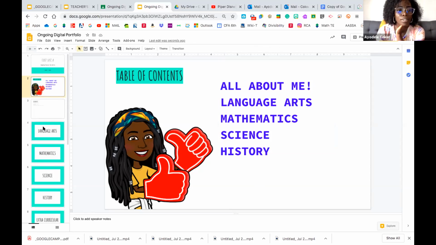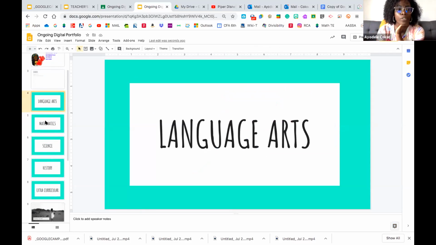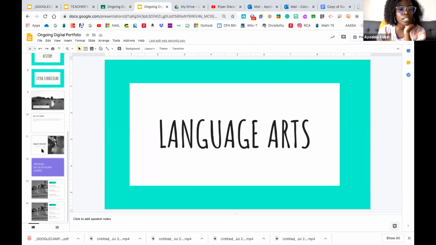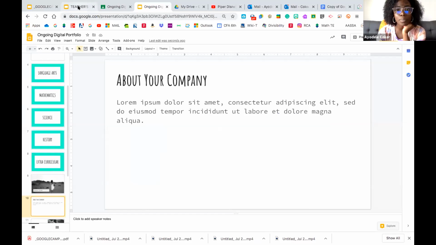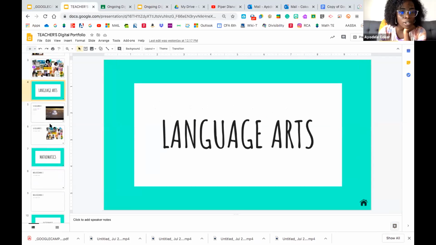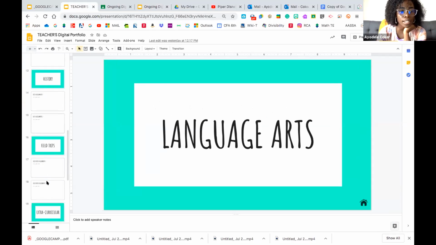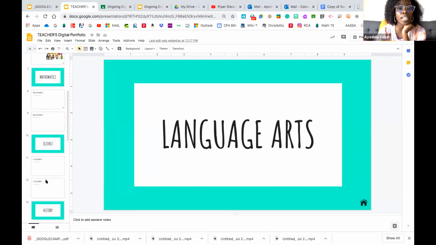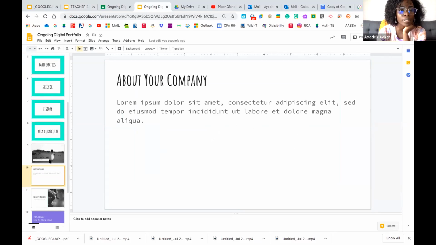Okay, now this is language arts and math and all the other subjects, but there's no space for the kids to actually have blank slides to start with. So we want them to start with some blank slides. So let's come back down and find something blank enough to help get the kids started on their template. If you look at mine, the one that I've already created for you, I have about 2 blank slides under each subject heading, okay? This just creates a space for them to already have something blank, a blank canvas basically for them to work off of. So I like this template right here, okay?